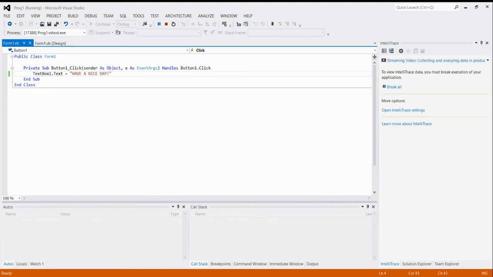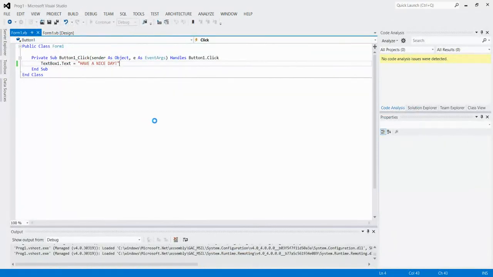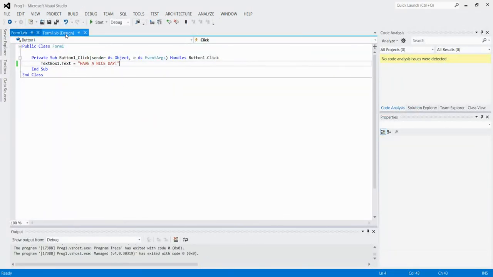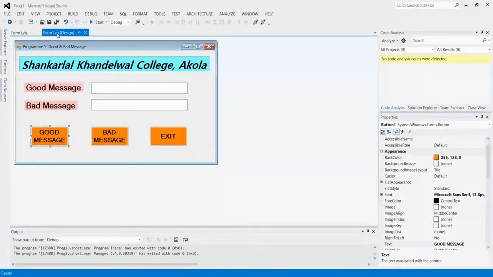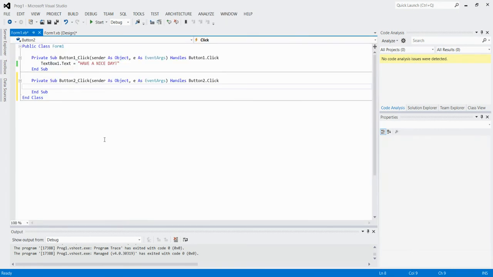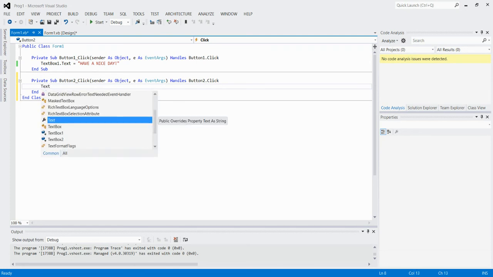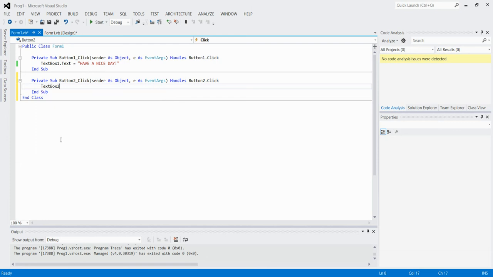Now in the same way I require another message in the bad message text box, and for that we have to perform our coding. I must go to the design view of my Form1. After clicking on the bad message button, here I require TextBox2. TextBox2 is my object name.